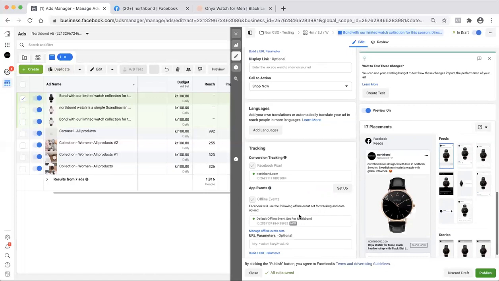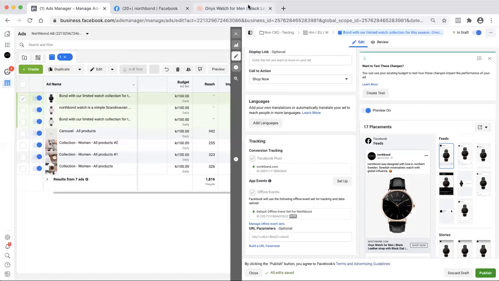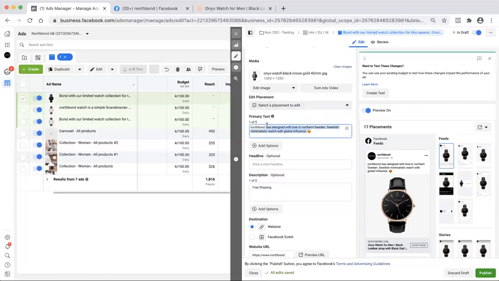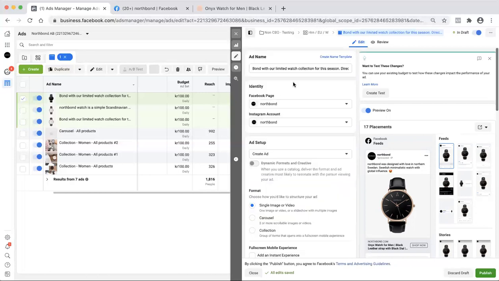What I've done before was sending them to the homepage, and because I didn't see any results, I switched to the product page. I just wanted to see the whole funnel, letting them step into the homepage, read more about our brand, get familiar with it, and see how many click through to view a product.